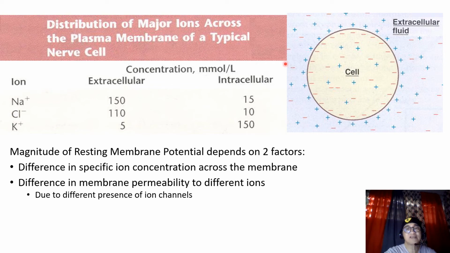But let me emphasize here that this charge difference across the neuron is only localized at the surfaces, the inner or cytoplasmic side of the membrane and the outer or extracellular side of the neuron's membrane. Elsewhere, inside the cytoplasm of the neuron and outside in the extracellular fluid, the charge is neutral. But this membrane charge separation is localized only across the immediate vicinities of the plasma membrane.